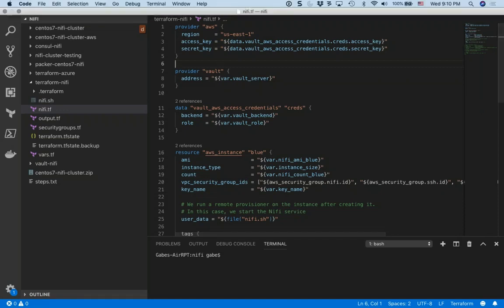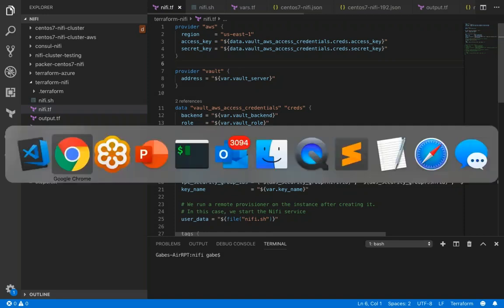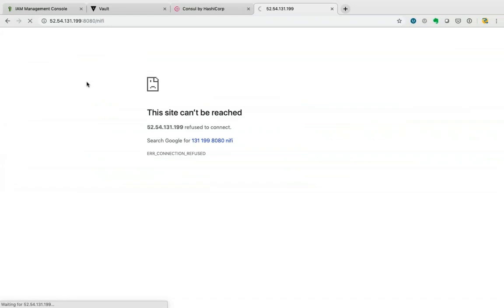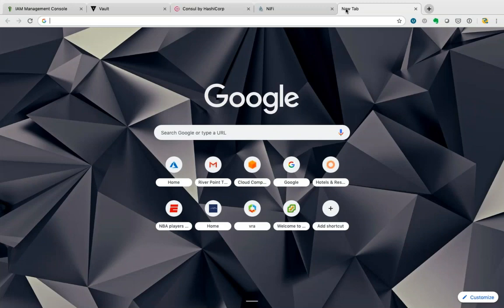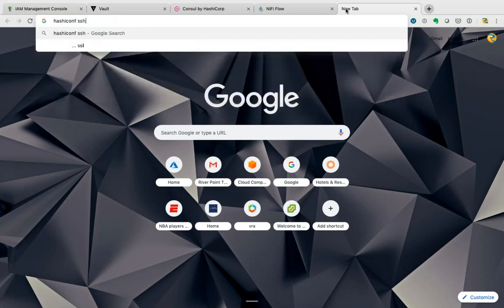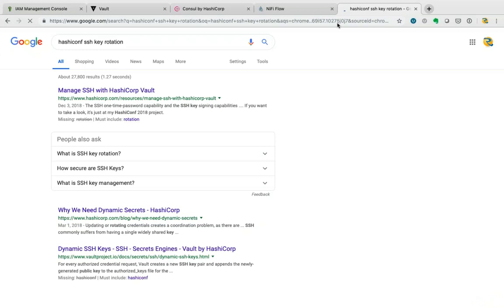Cool. I have one question from the audience. Graham Mitchell asks, could you use Vault with Ansible to rotate out encryption keys on routers and switches? You can. There's a great talk that I'll showcase to you. If you type in Vault or HashiCorp's SSH key rotation videos,